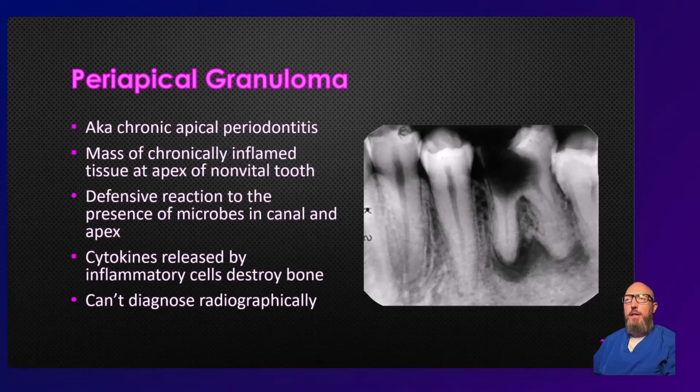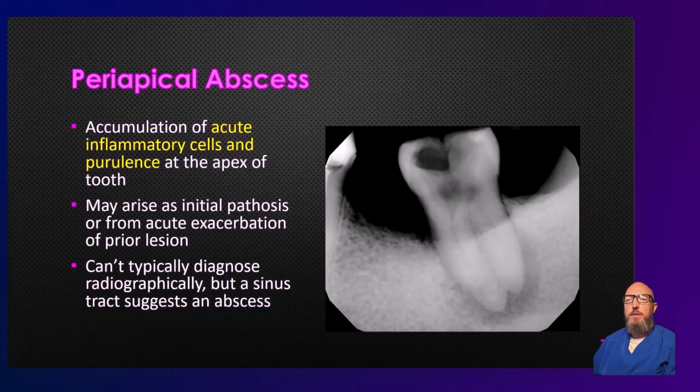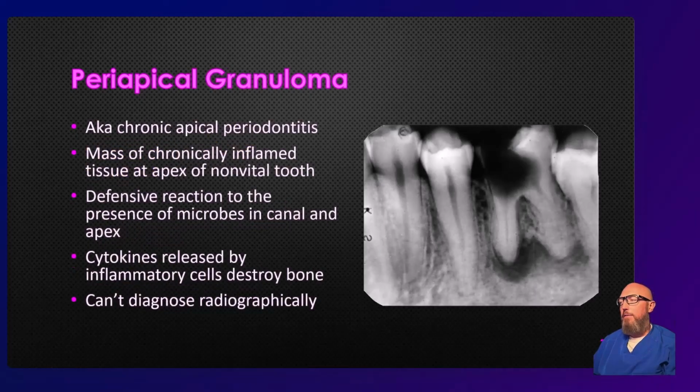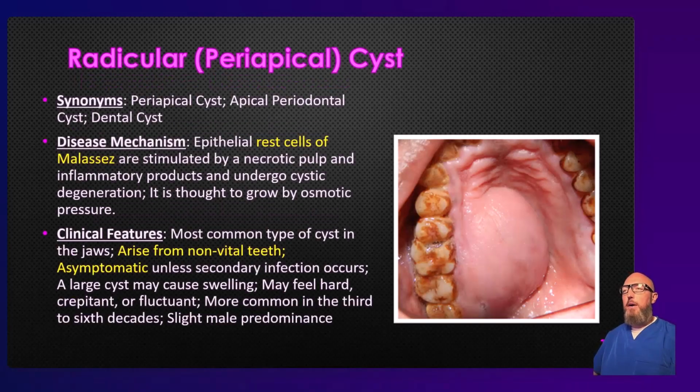And the technical endodontic terms for each of these: for an abscess, it would be acute apical periodontitis. They talk about inflammation at the periapex, so periodontitis, versus if it's chronic, then chronic apical periodontitis. So it's good to know those terms. All right, so I've talked about radicular or periapical abscess versus granuloma,